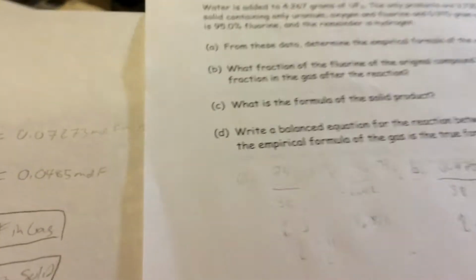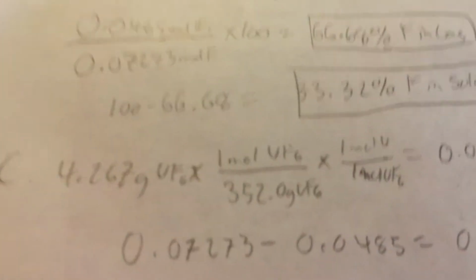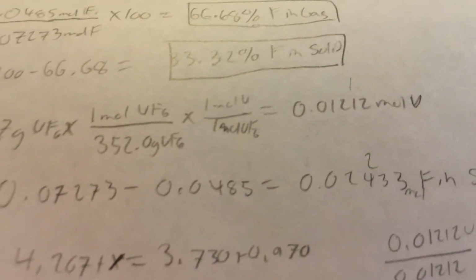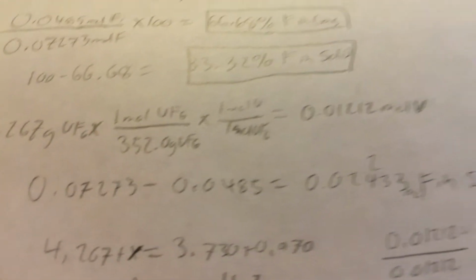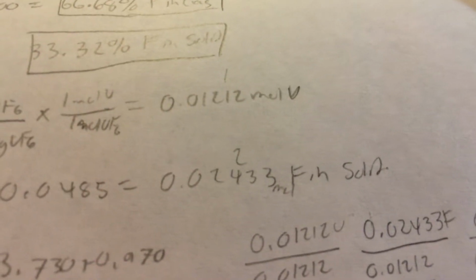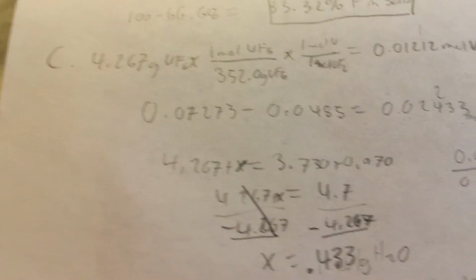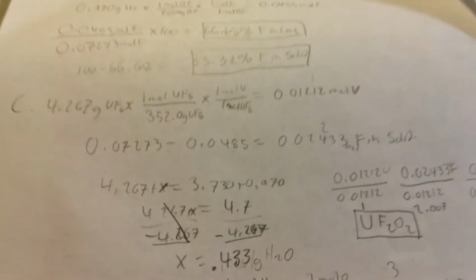For question C, it asks, what is the formula of the solid product? This one is pretty lengthy. You start with 4.267 grams of UF6 times 1 mole of UF6 over its molar mass, 352.0 grams, times the molar ratio, which is 1 to 1, and you get 0.01212 moles of uranium. Then you subtract